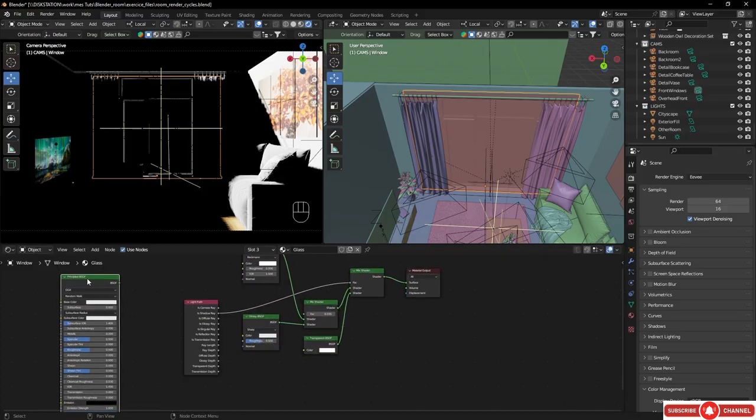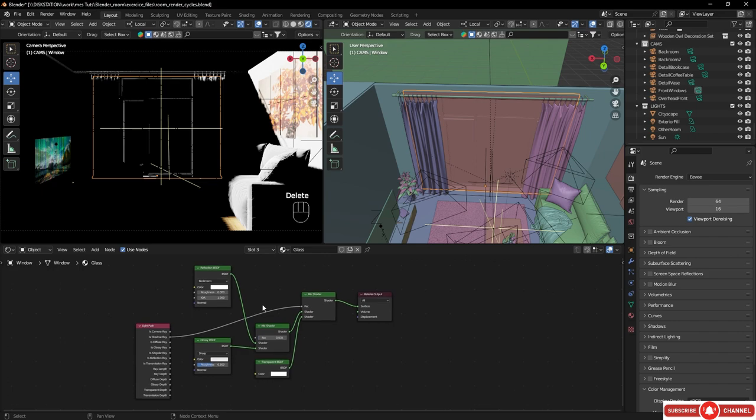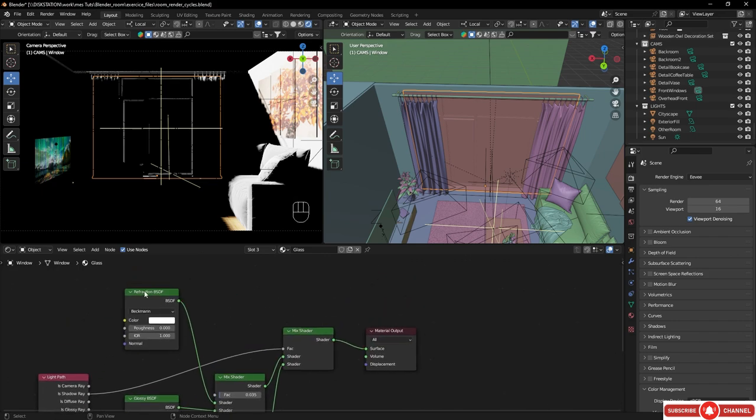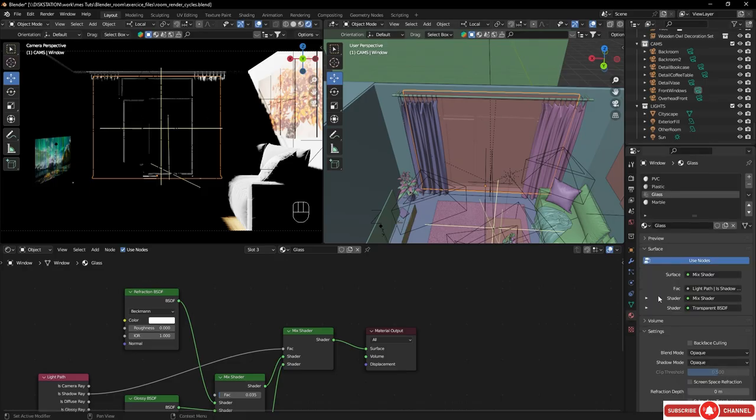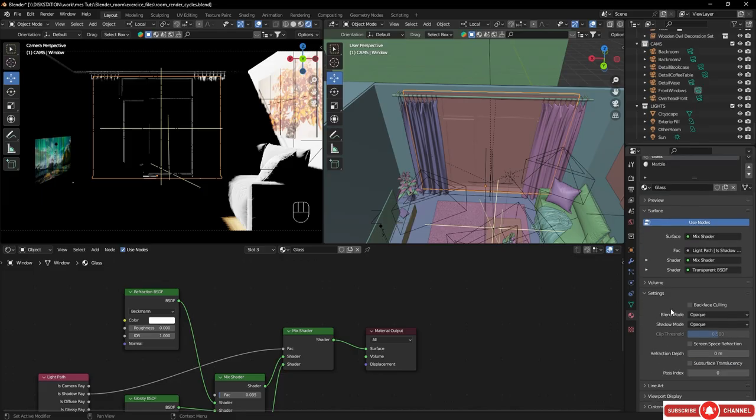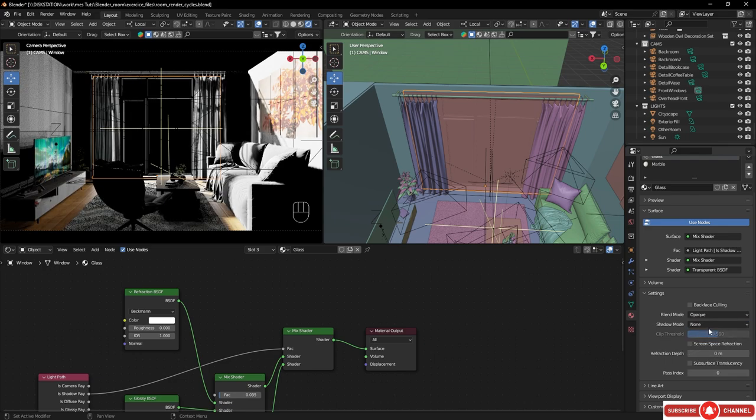As you can see, we don't need this one. As you can see, we have a shader which is refractive. We have here the Refraction BSDF, but it looks like it doesn't work. You need to go to the material panel here and then go down. Make sure you're working on the glass. And as you can see, we have some blend mode and shadow mode. The shadow mode is the one which is going to let the light through. So let's switch shadow mode to one or the other. Actually, for this one, I'm just going to choose none so that it's just transparent to the shadow and let